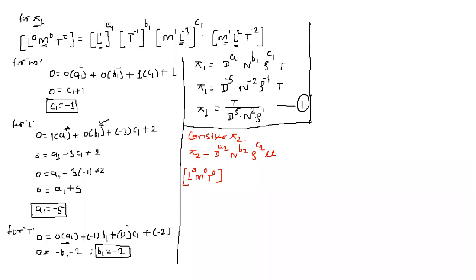If your sequence was going wrong here, then also there is no problem. So that is equal to d, which has the dimension L, raised to a2, into n, which has the power T raised to -1, raised to b2, into the density, which has the dimensions M1 L raised to -3, raised to c2, into the mu, the dynamic viscosity, which has the dimensions M1 L raised to -1 T raised to -1.